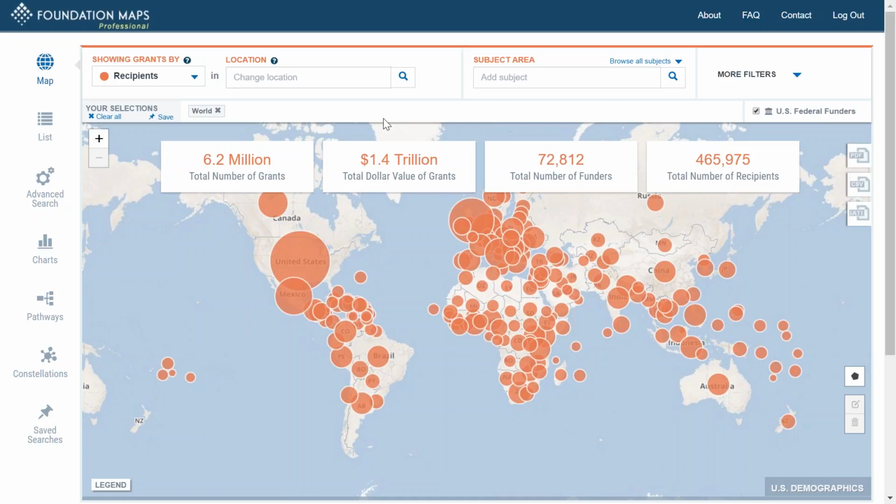Just to orient you to where different elements are on the screen, I'm going to run through them very quickly, and then we'll look at them in more detail a little bit later. The default view is the map view, which makes sense given the name of the platform. You get to see right away just where grant making is going. You can see a little more detail about individual funders, individual recipients, or individual grant transactions in the list